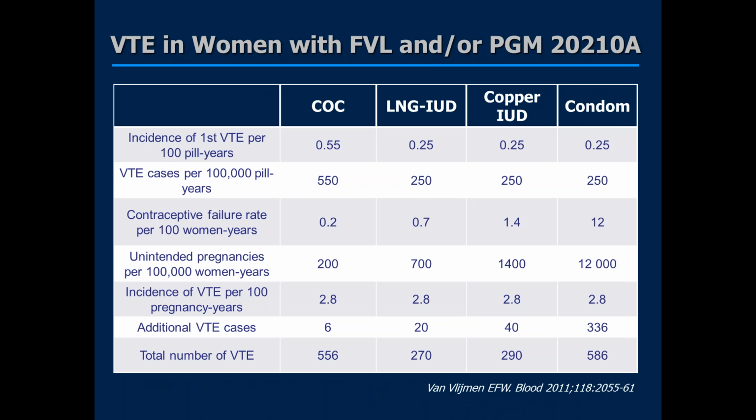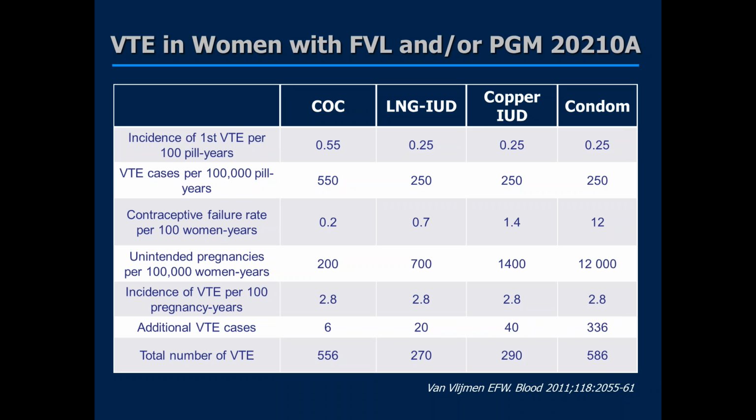This slide approaches the same problem in a different way. On this slide, we have data from a retrospective family cohort study in which the authors used absolute risks of venous thromboembolism during combined oral contraceptive use and during pregnancy in the postpartum period in relatives of symptomatic probands with the factor V Leiden or prothrombin gene mutations to look at the risk of venous thromboembolism with each form